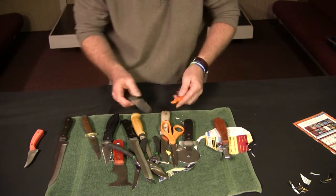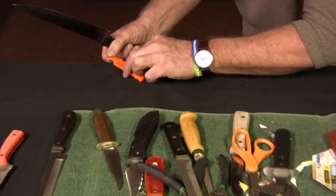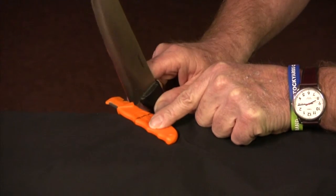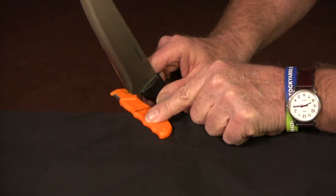If I find there are no nicks, then I'll lay this down on the edge of a table and I slide the knife through it like this. Notice I'm only putting one finger on the sharpener. That's actually a pressure gauge. If I push hard enough on it to move the sharpener,